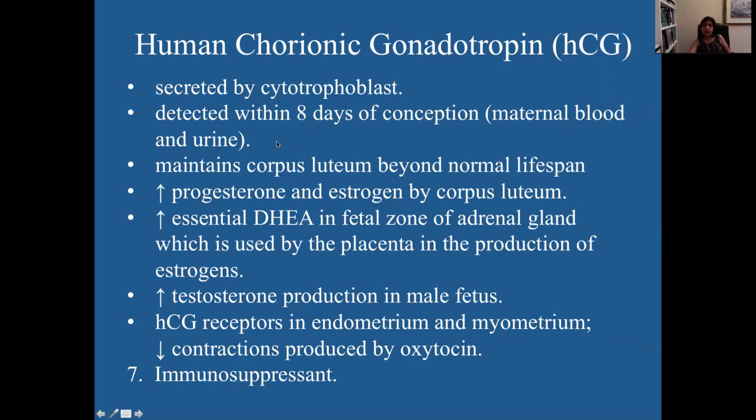8 days or so since then would be, if you think day 14 or day 15 is when the fertilization happened, day 22 or day 23 by the time human chorionic gonadotropin is released, and that is the one that signals the corpus luteum. So that's how it maintains the corpus luteum beyond its normal lifespan of 25 days. It also triggers the secretion of progesterone and estrogen from the corpus luteum, and increases the levels of this androgen,